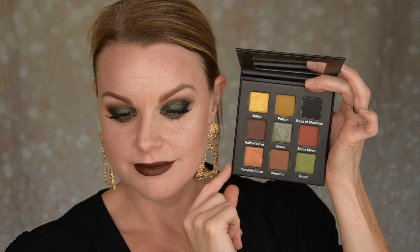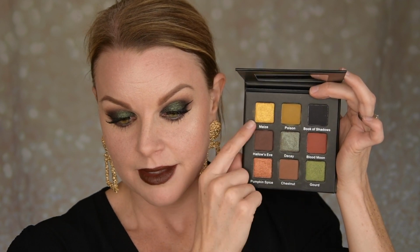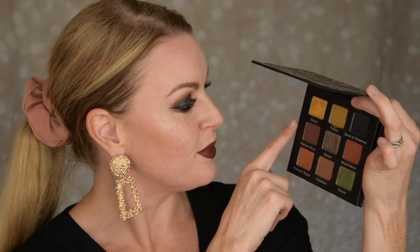I really like this shade here as well, and I do enjoy browns, and I think this one looks pretty as well. But this is probably my favorite one. I mean, it looks so pretty. I love yellows and gold, so this is definitely the one shade I'm very drawn to. But today I really wanted to do a smoky eye. And what else? What else am I going to say here? Probably not so much more. I think I'm done,